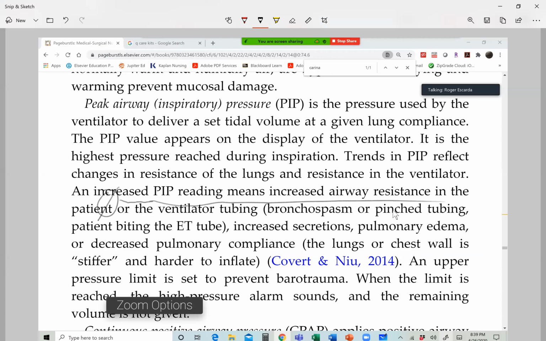You'll see on the screen of the ventilator, when the patient gets a breath from the ventilator, it goes this way. It starts from zero because it's a positive pressure ventilator, so it never goes negative. It'll go positive like this, like this. And then the next breath will be